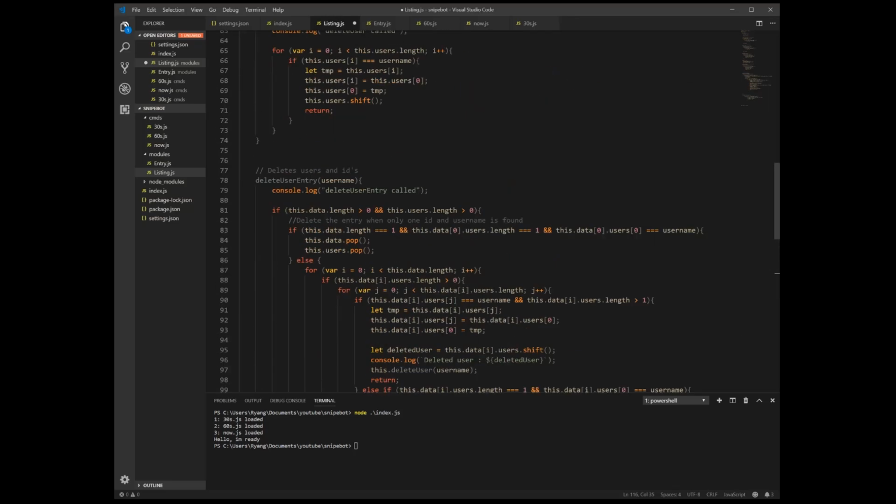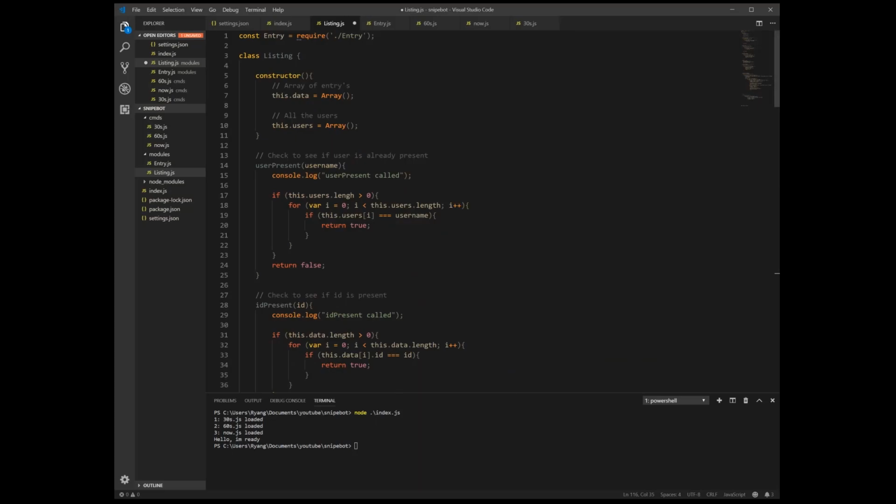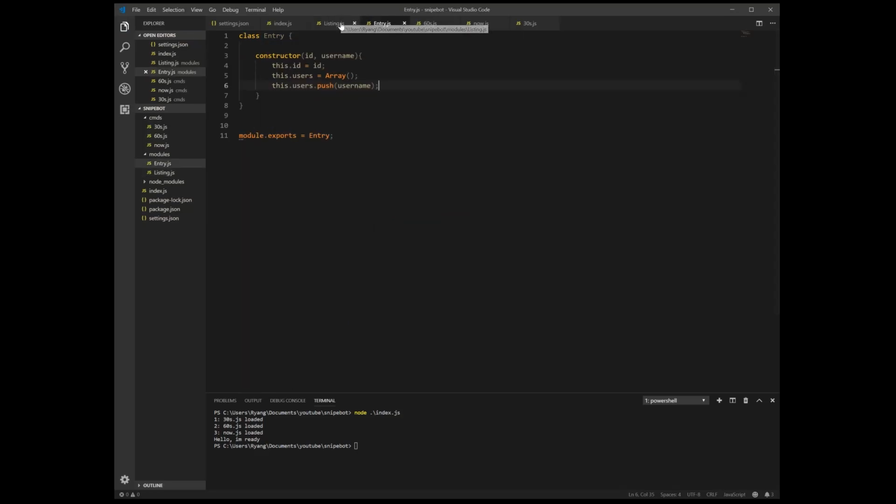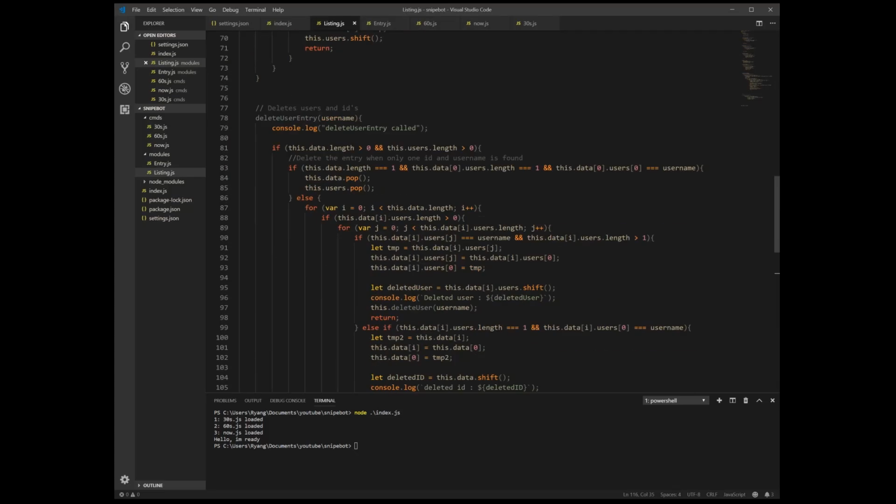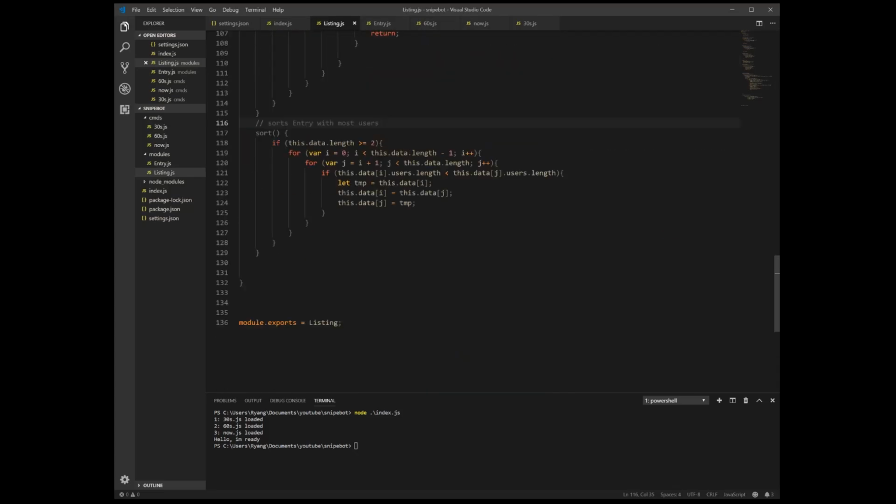Alright. So if we check here, we created our function listing, and I'm going to save it actually. So we got our listing class and our entry class. Alright. With this, we're able to now create our command, which will do the last 3 functions of saving codes. I'm going to do that in the next episode because this one's already really long.